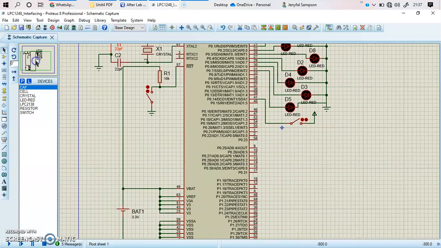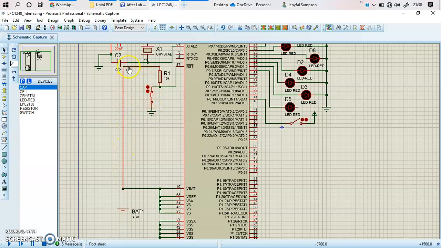So for the reset option, from the positive of your power supply, you're going to have a resistor connected over here, and you have a particular switch connected over here, and this is connected to RST bar. So you know that it is active low. When this particular switch is closed, all the supply will go to this ground, which means a low signal is coming over here. That is when this reset pin is active. That is why you have RST bar over here.